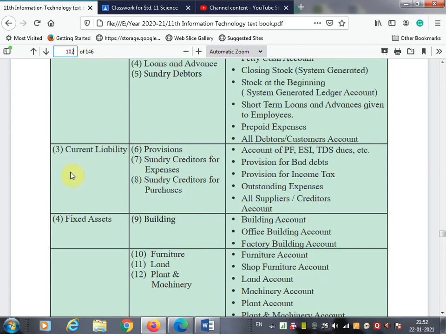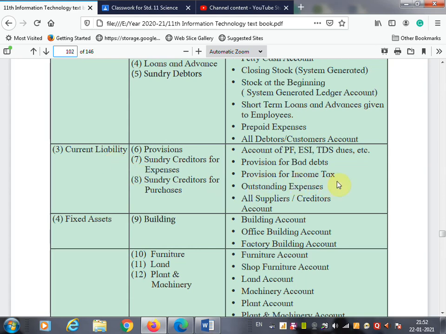Next, when you create accounts like PF, ESI, TDS dues, etc., they will go under the subgroup provision and the main group current liability. When you create a provision for bad debts ledger account, it will go under the subgroup sundry creditor for expenses, but the main group you select is current liability.